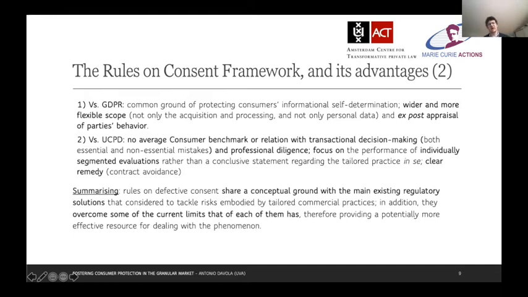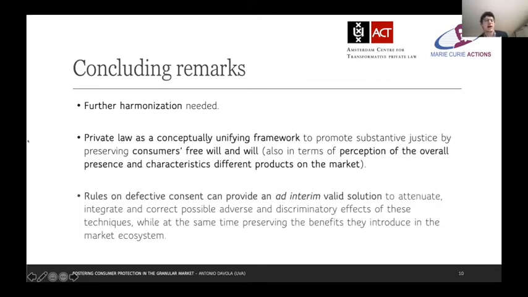So summarizing very fast, rules on defective consent, while sharing a conceptual ground with existing regulatory solutions, can at least provide some sort of corrections to shortcomings or limits, or at least critical aspects that each of the other bodies of law has, and therefore can provide at least an ad interim resource to deal with the phenomenon. Of course, this does not mean, and I'm concluding, that we have a ready-made solution, because of course on one side further harmonization is needed,